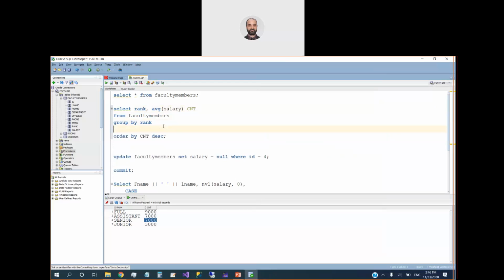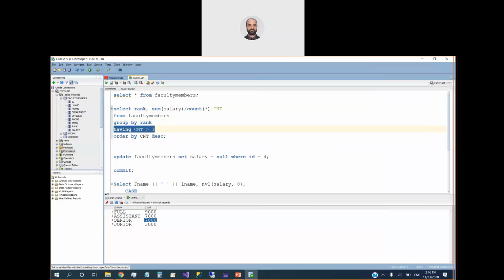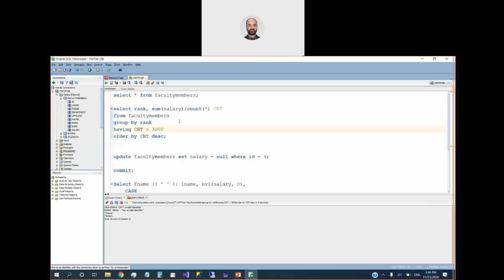Okay, what if we want to filter, let's say we want to show the result of the averages greater than 3,000. So we want to exclude only this one, the junior. Okay, so in this case, if we run like that, it's not working, right? So what we have to do is to take this expression